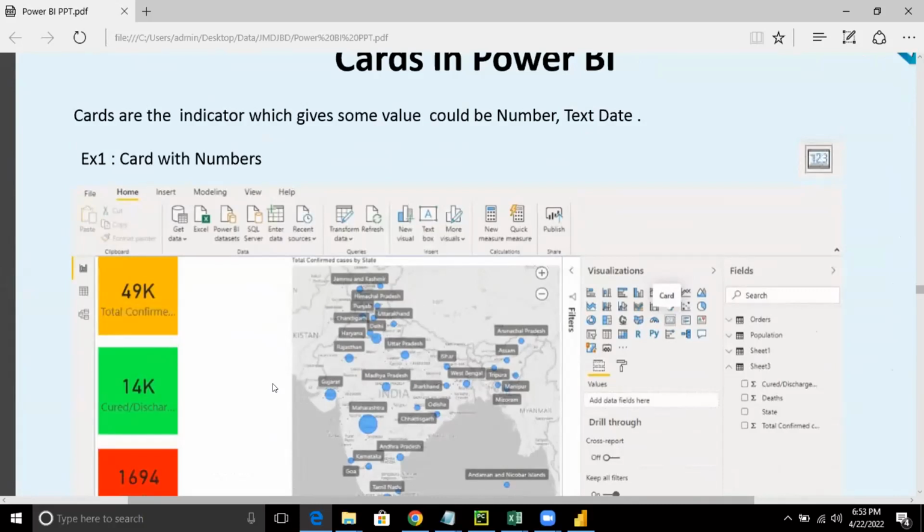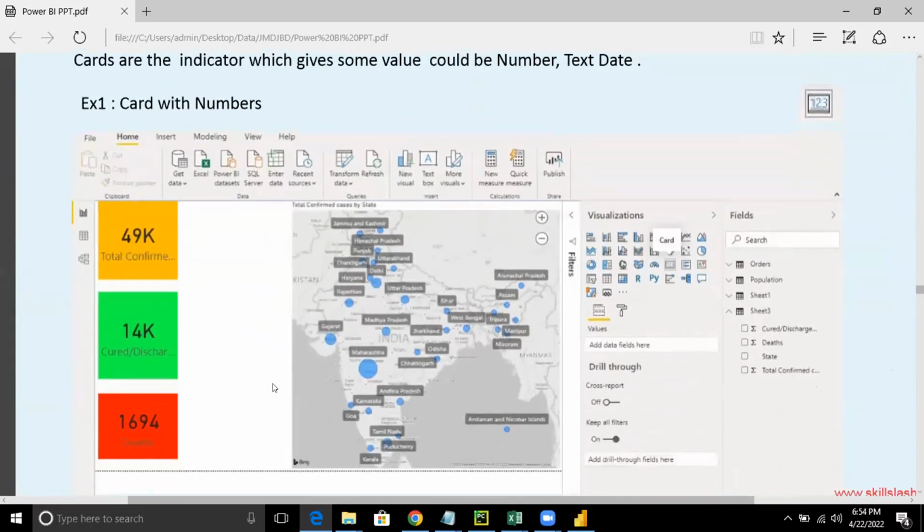So whenever it comes to the cards, many times there will be some information which might not be very easily readable. So for example, if I show you, this is the different information that I wanted to show you on the map of India. Is it giving you much information? The answer is no, right? It's not giving you that much information.